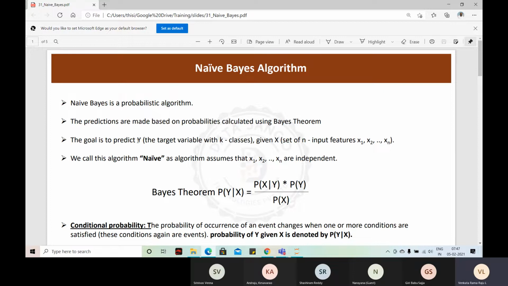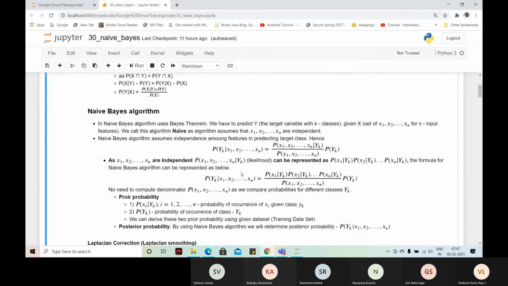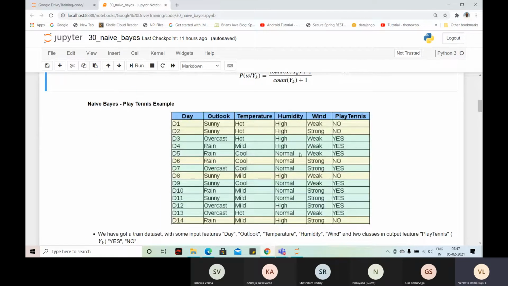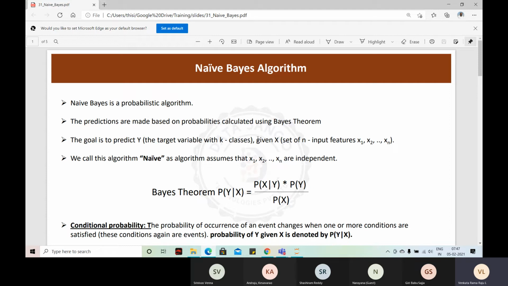The goal is to predict y. Whenever we get a train set, the goal is to get a new record and, when you get a new record, predict the y variable. So the goal is to predict y given x. This is represented like this: y given x. We already saw this before, right? You remember. So when I say y given x,